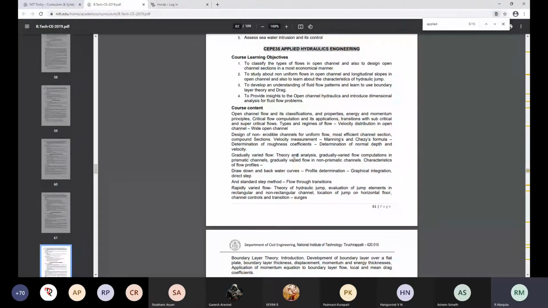Yes, ma'am. Okay, this is applied hydraulic engineering. In the first class, we saw the basic concepts of whatever you studied earlier in hydraulics. We started with the concepts of hydraulics, which we are going to apply in this applied hydraulic engineering. How we are going to apply these hydraulic principles is what we are going to discuss in this subject.